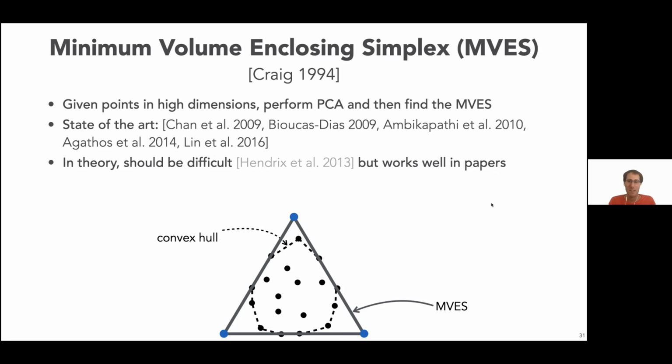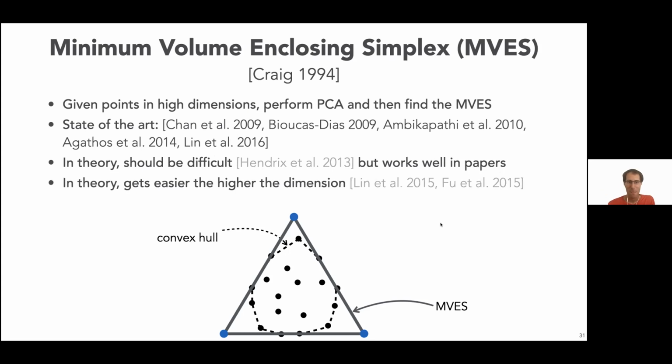In theory, it should be difficult. In theory, there are infinite families of solution spaces, infinitely many local minima. Those local minima can be families of solutions and so on. Although the approach works well in papers, in theory it actually gets easier the higher the dimension. There are actually some theoretical results that come from both this community and the